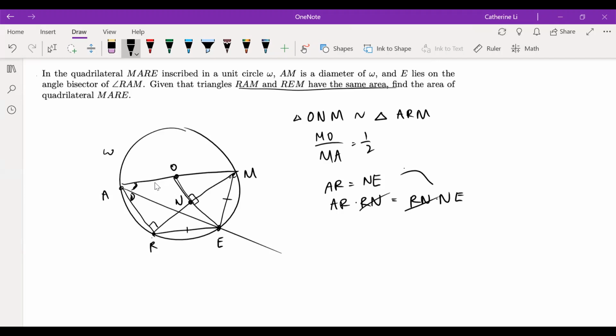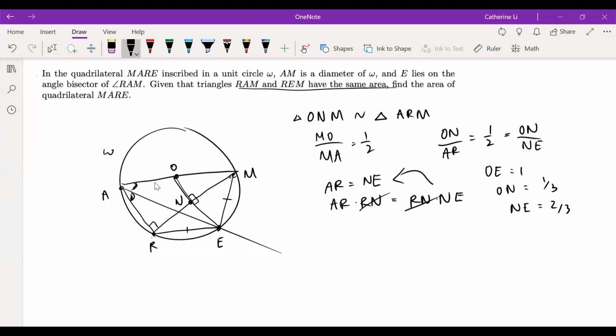So canceling, we get this. And finally, if the ratio between these two triangles is 1 to 2, then ON over AR is also 1 to 2, but this is also equal to ON over NE. And we're given that this is a unit circle, so O equals 1, which means ON is 1/3 and NE